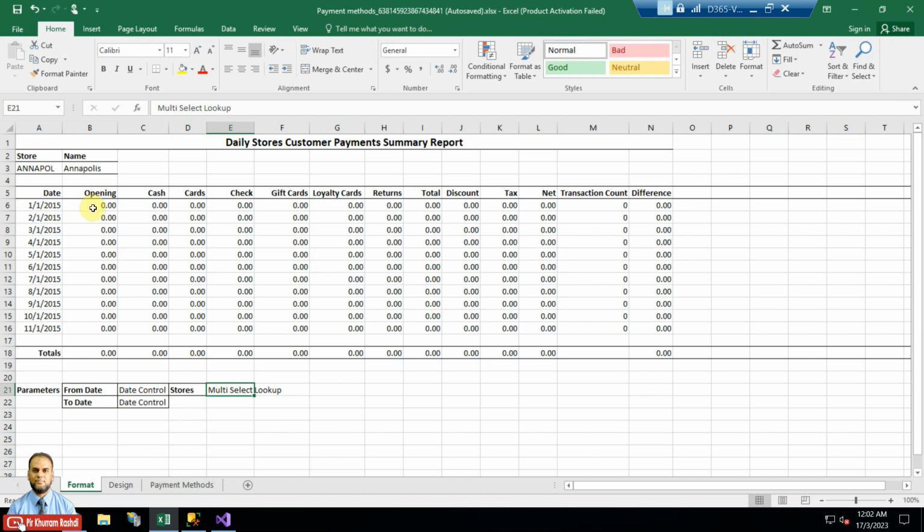So the opening amount or starting amount will be shown, and then the transactions, and these are different transactions, meaning cash or credit cards or checks or gift cards or loyalty cards. And then there are some returns, if it has happened. Some customers, due to some defect, have returned the product, or they did not like the product, so they can return. So the amount of return will be shown here, and then the total amount,